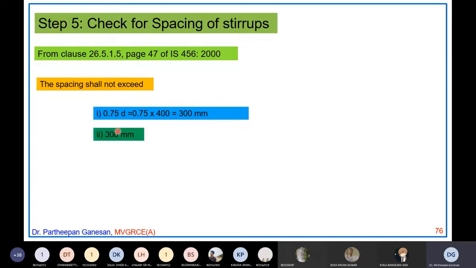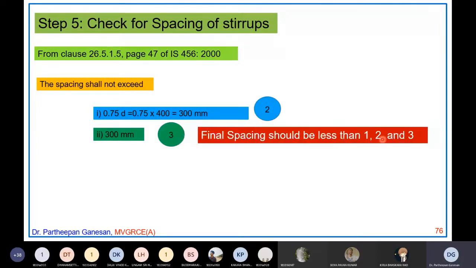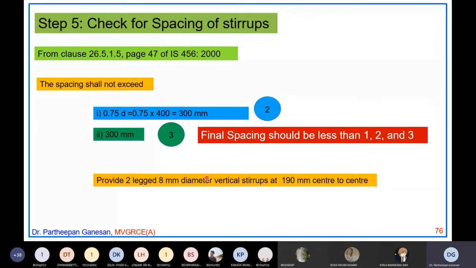This is 300 mm again. So this is the second check, this is the third check. Your final spacing should be less than 1, 2 and 3. For the first spacing it was 191. Second one is 300 mm. Third also 300 mm. So I am providing 2-legged 8 mm diameter vertical stirrups at 190 mm center to center,